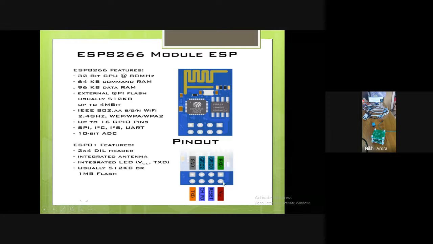You can see the pin structure now: VCC and ground, 3.3 volt and ground. TX RX for communication to Arduino or any microcontroller. 2 GPIOs are there, and one reset and one power down. The power down will always be connected to VCC. Reset can be kept open, so whenever you want to reset, you can use this. And TX RX are the very important pins. Using these only you can communicate with the chip via AT commands. Yesterday also we saw AT commands. Today also we will see AT commands, but these will be specific to ESP8266.